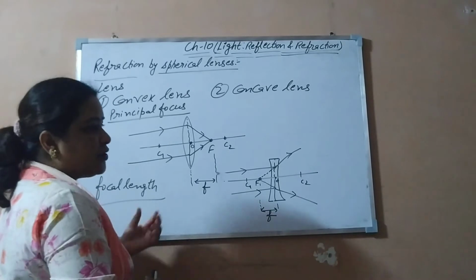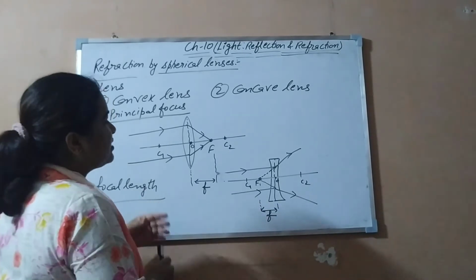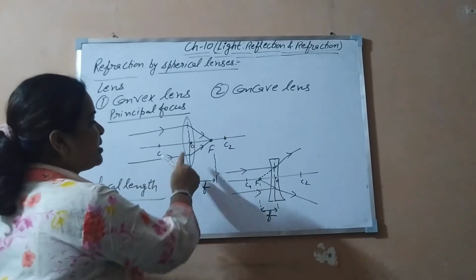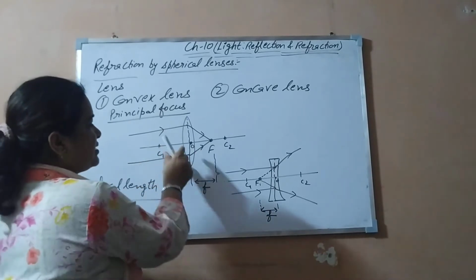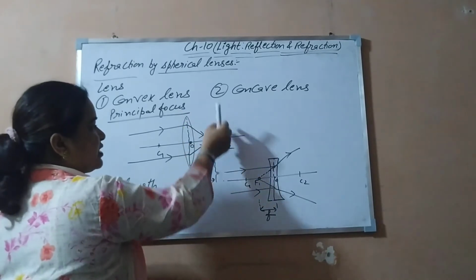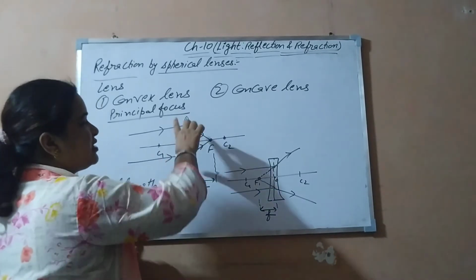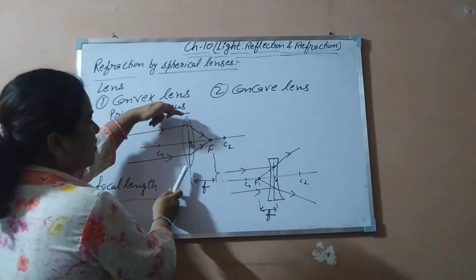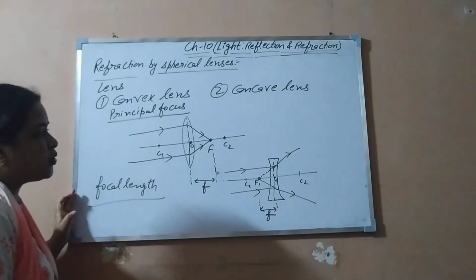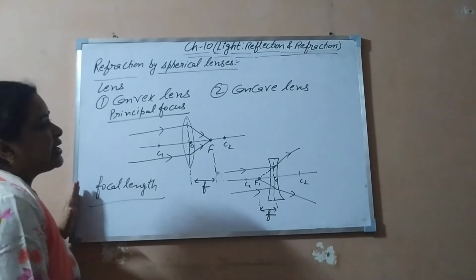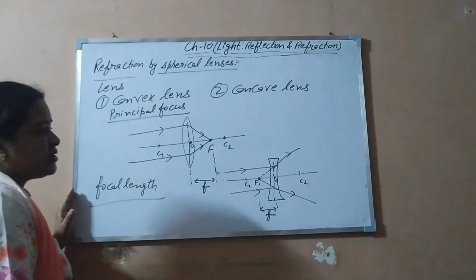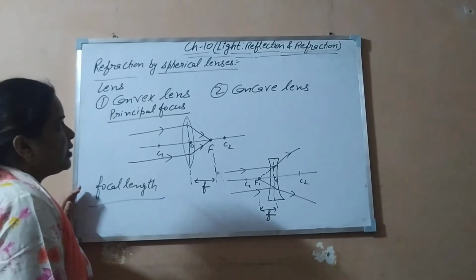Now we are doing thin lenses. What are thin lenses? When the aperture is less than the radius of curvature of the lens, measured from the optical center. OC1 is the radius of curvature of the refracting surface on this side, and OC2 is that of the refracting surface on the other side. So here we are considering thin lenses. What is the meaning of thin lenses? When the aperture is less than the radius of curvature, those lenses are known as thin lenses. Before starting the rules and other things, we should go through these definitions and the terms related to the lens.